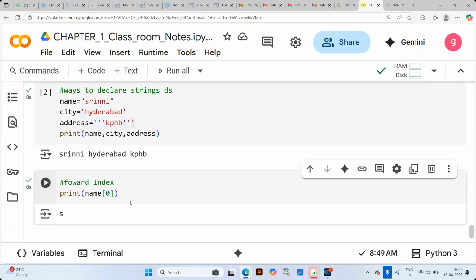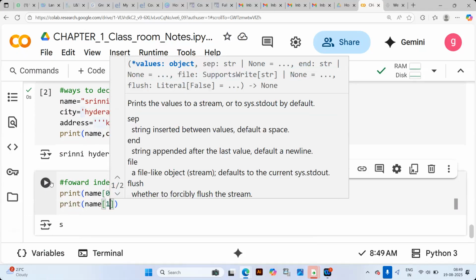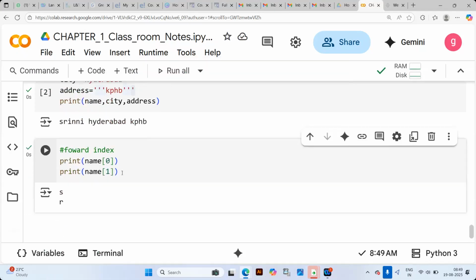Similarly, print name of 1, which means R will be there.